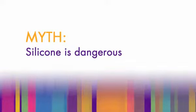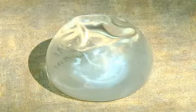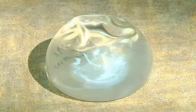The myth about silicone is that it's dangerous, it's poisonous, that it causes all kinds of problems. There were many women in the 1980s that had silicone breast implants placed for cosmetic augmentation. And the silicone back then was more of a liquid nature to it, and they did have some problems. There was episodes of rupture, there was a firmness of the scar, which is called the capsule that forms around the implant, and a lot of women that went in for cosmetic surgery on their breasts had less than ideal results. These days, the silicone is a more cohesive type of gel, so even if it ruptures, usually we don't have the problems that we had in the past with